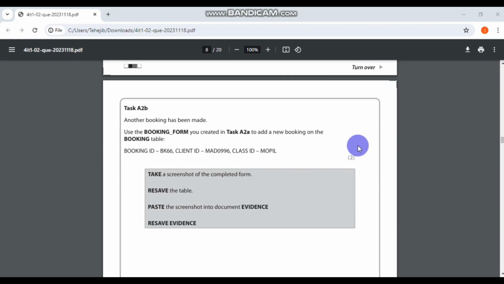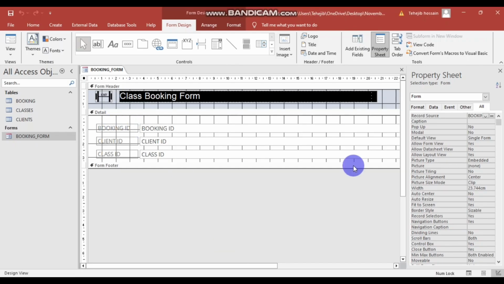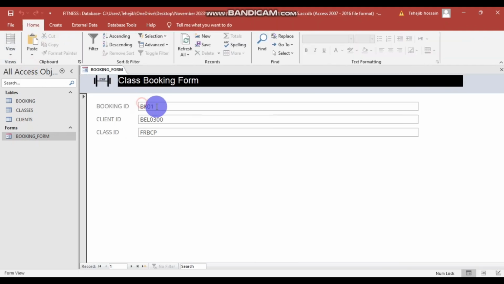So task A2B is saying that another booking has been made using the booking form you created in task A2 to add a new booking on the booking table. So that means we have to add this entry on the booking table. Okay. So first thing is this, Control C, copy this, go to your database. So this is the design view. From this we will go to the form view. This is the